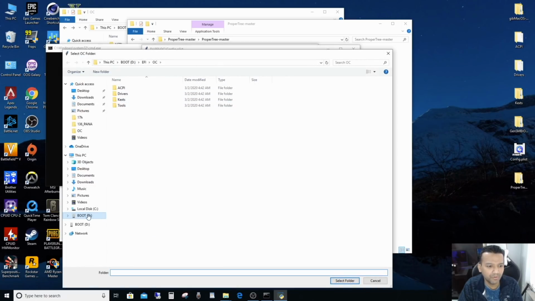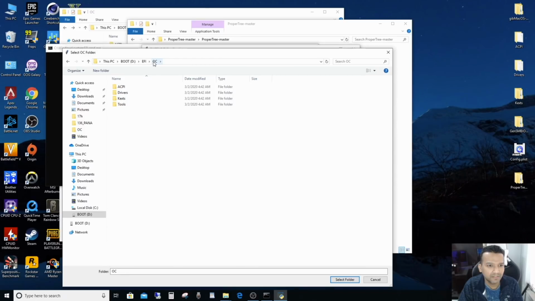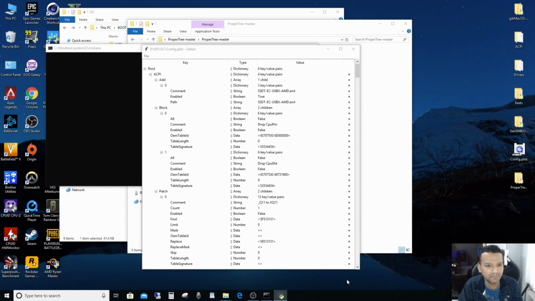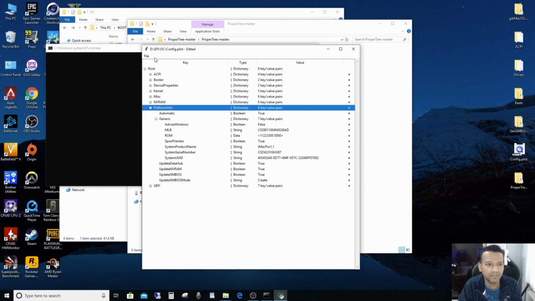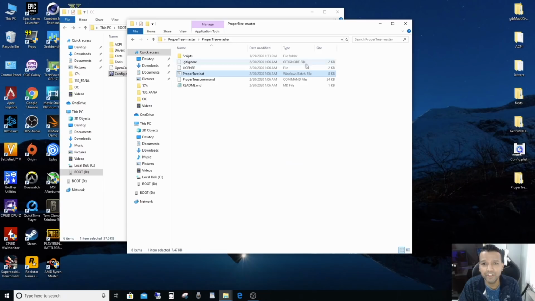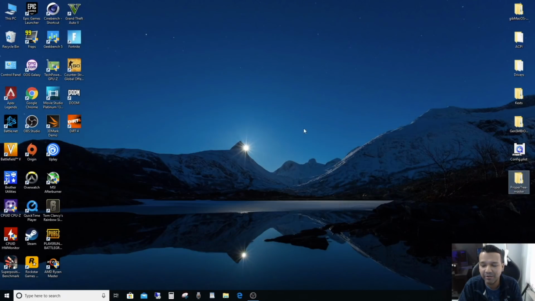Okay, go to our USB drive again, EFI, OC folder. Make sure you are on the OC folder and select folder. Snapshot is done. Now File, Save. That's it. We are done with this macOS Catalina bootable drive, and now we can plug this bootable drive to